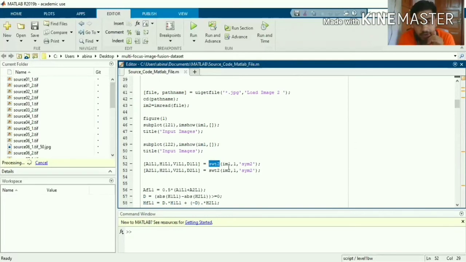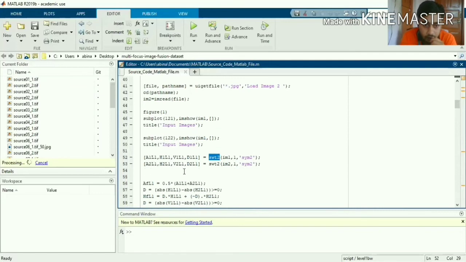IM1 and IM2 are our images, and we are applying stationary wavelet transform to transform our image into the frequency domain. As I've told earlier, when we transform our image into the frequency domain, we get four components. These are the four components for image 1, and these are the four components for image 2.